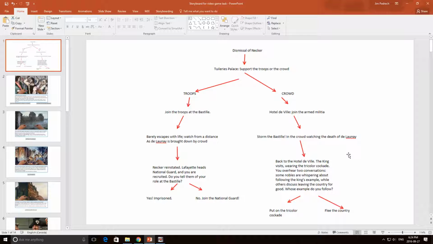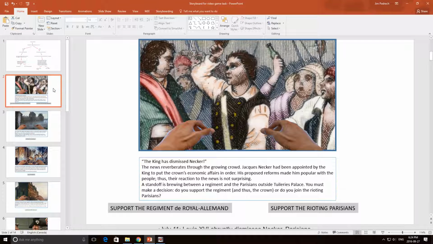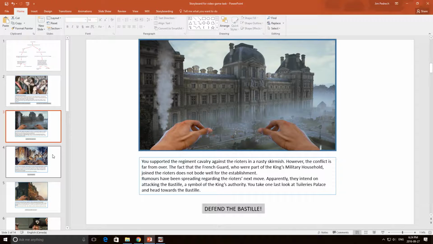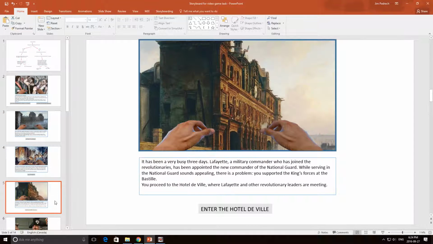And while you can add many more options if you choose, the more options you provide, the more slides you will need to develop. Okay, so I think you want to balance that out a little bit. I wanted to keep it at a minimum to give two major story arcs and two major endings to this series of events. As for the slides themselves, I just found images that had to do with the French Revolution